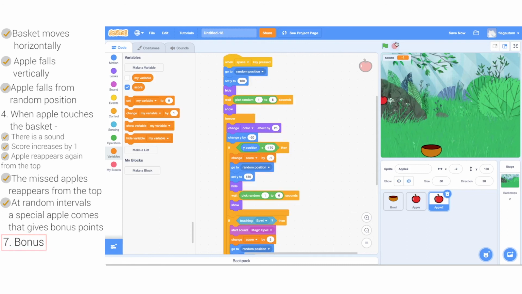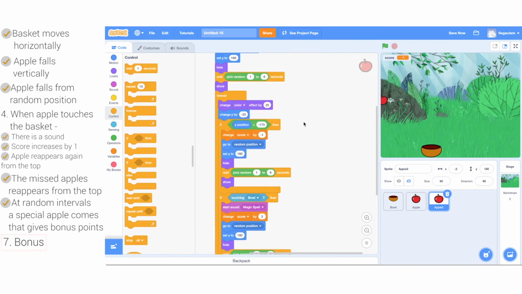Okay, and of course, like any other game, we need to have a termination condition or an event when the game would end. Yes, so for this game we can create a condition wherein if the score reduces below 0, the game would stop. So all that we got to do is if the score is less than 0, then stop all. That's it.